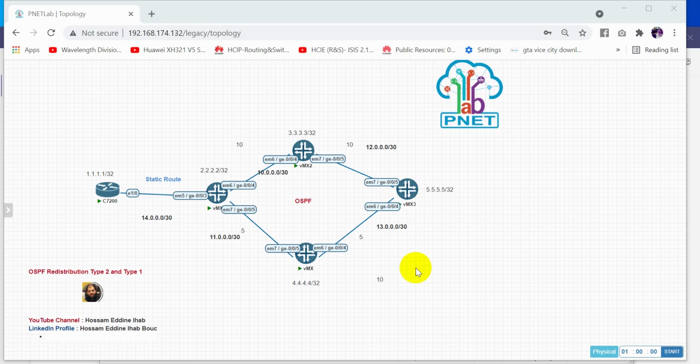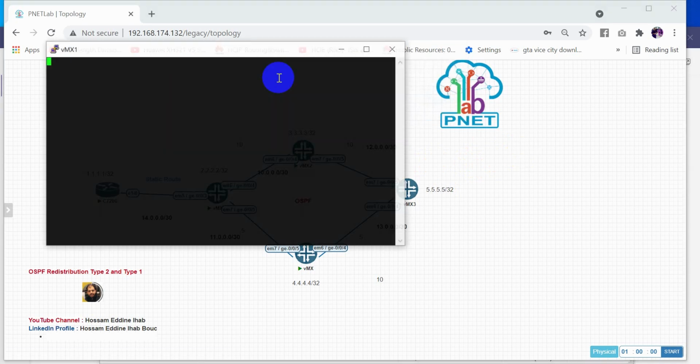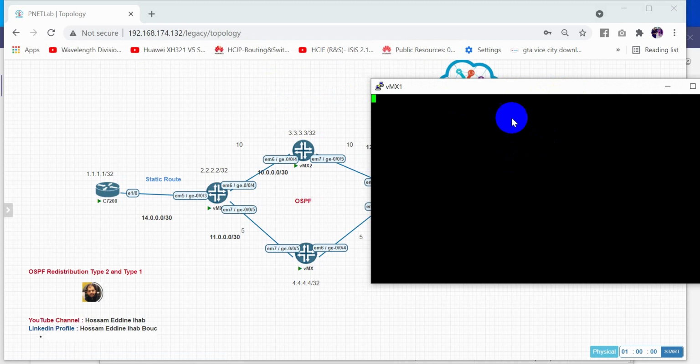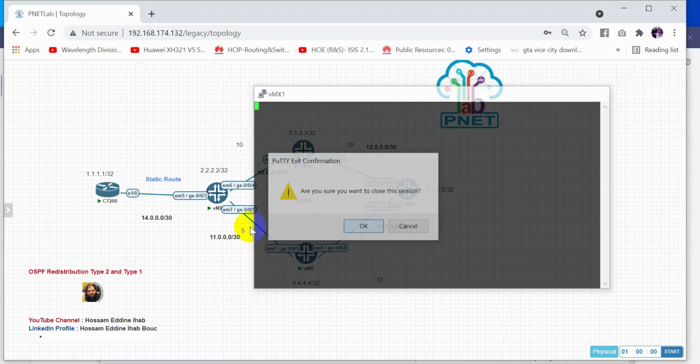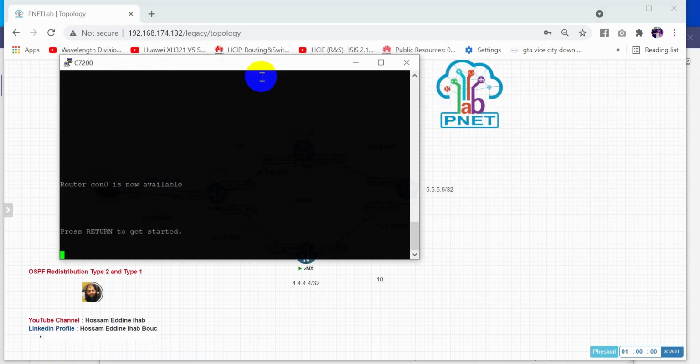So let's start. First of all, as you can see here, we have 4 MX routers, the Juniper. I'm using 4 routers with Juniper, and we have the Cisco router here. Let's configure the IPs first, then we will configure the OSPF. Let's start with the Cisco router, and we also need to configure the static